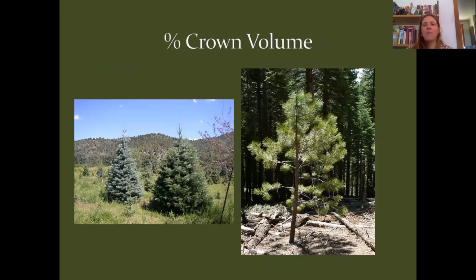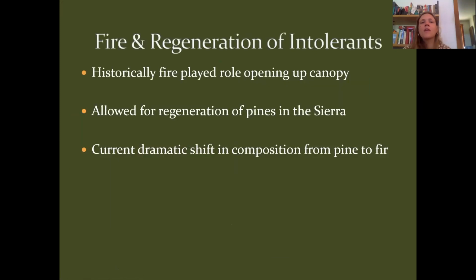And then the percent of the crown that's filled in with needles is going to be different. So here is a fir tree. It's bushier with more needles filling in the crown. And then a pine tree is going to be more spindly. And again, the pine tree doesn't want to hold on to needles that aren't really photosynthesizing really quickly. So it's going to be more quick to drop needles off closer to the trunk of the tree, but gives it a more open look. So a lower percent crown volume in intolerant species versus tolerant species.